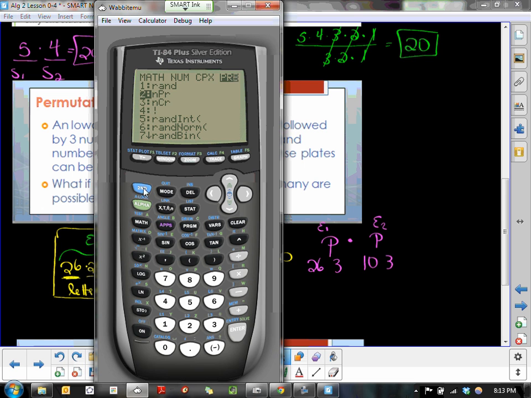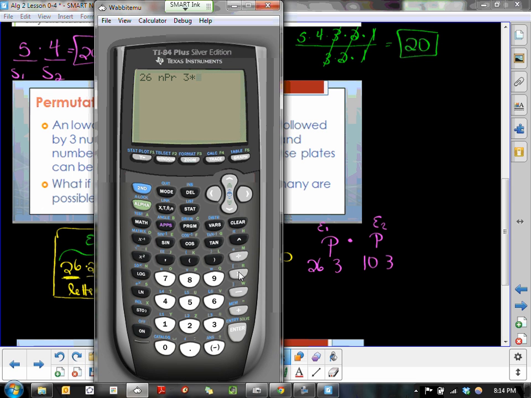So we're going to second quit. We're going to do 26 objects. We're going to take them 3 at a time. That's a permutation, probability. We're going to take permutation. We're going to choose 3 of those. Now that'll be the number of ways we can get 3 letters out of the 26 letters of the alphabet. But I want to take that result times